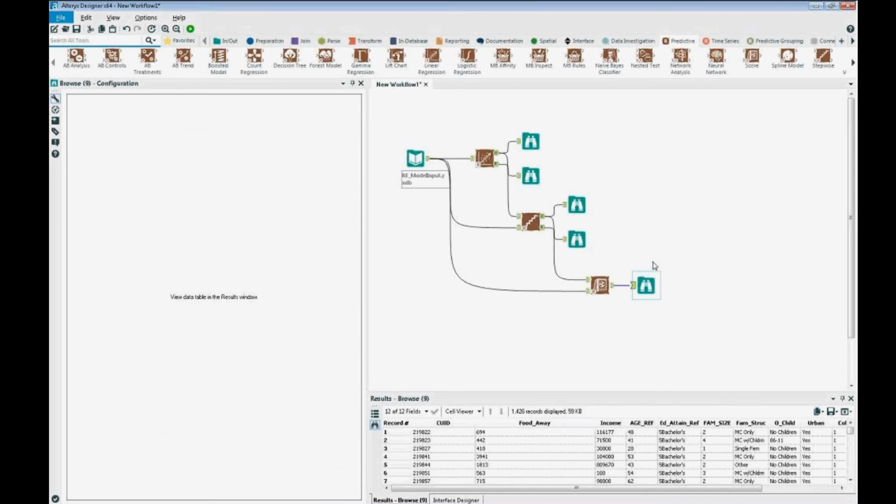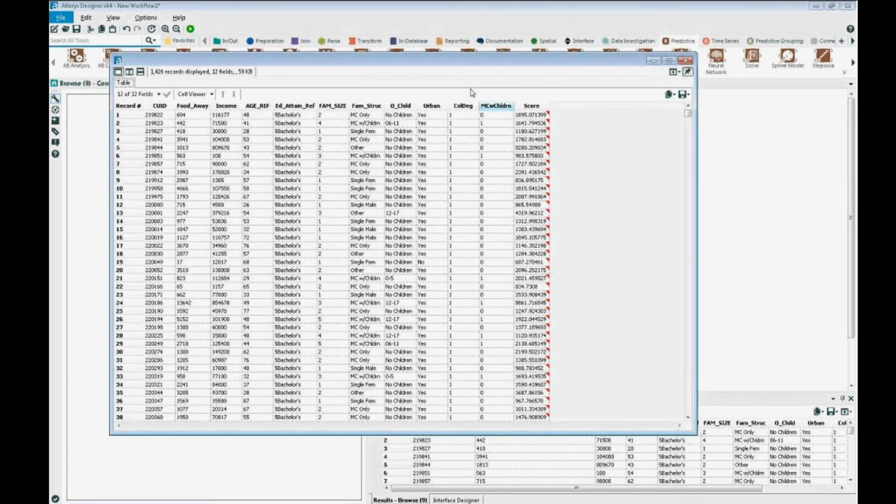Okay, so here we're done running. We'll take a look at our output from our score tool. All right, and you see, here's my score. What this is really giving me is the actual predictive value of food away from home. So this number, $1,900, compared to the actual value of $700. So we're a bit off, not